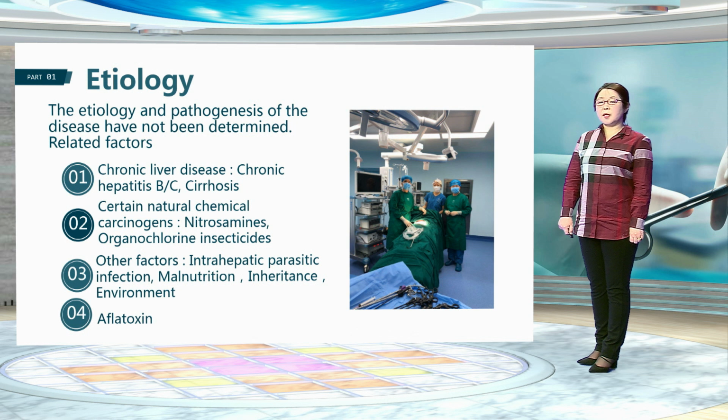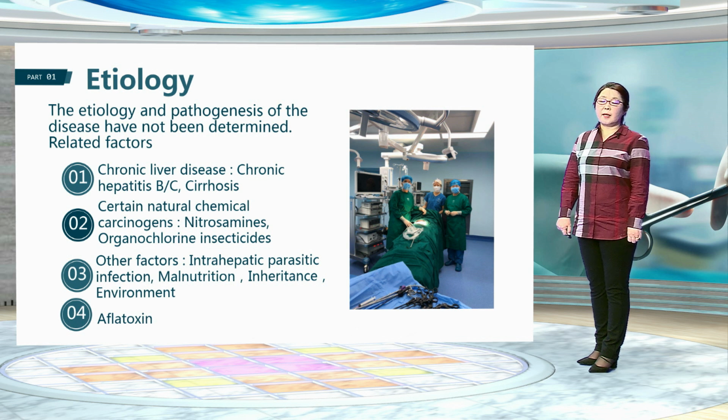And the cause of the chronic liver disease in east part of the earth and west part of the earth is different. In East Asia or China, the chronic hepatitis are almost hepatitis B, but in Western countries, they are almost all HCV. The second factor is certain natural chemical carcinogens like nitrosamine,